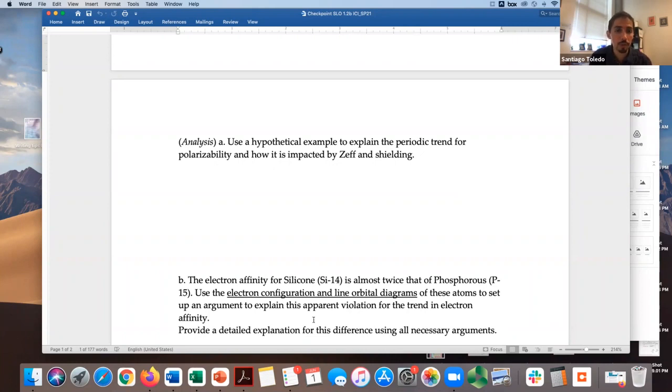So this is my structure. This is a checkpoint for an SLO. So not a lot of questions, because I'm not doing multiple choice. This on its own takes 15 minutes. So I dedicate 15 minutes of class to this right here, and that's sufficient for them to actually complete. It's actually more than sufficient for them to complete that particular question. And they're developing the answer, right? By providing an explanation, showing me how they arrived at their answer, and I'm evaluating how they're doing.